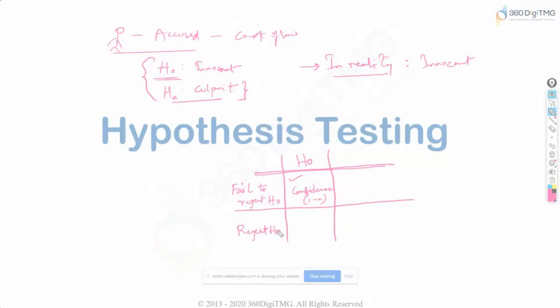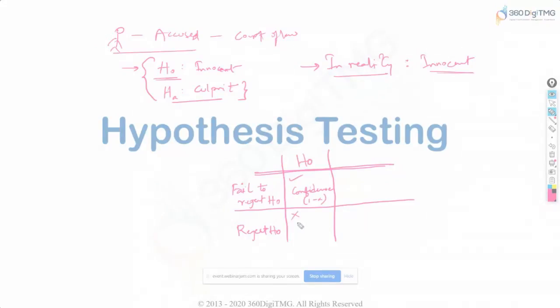Now he has evidence to reject this default assumption. So he rejects the null hypothesis. That means he's punishing, right? Rejecting the null hypothesis means he has to go with the alternate hypothesis. So he is punishing an innocent person, because in reality we are assuming he is innocent. Now this is a wrong decision,